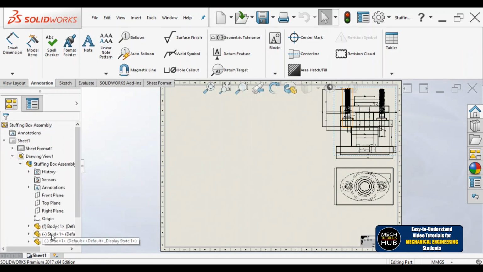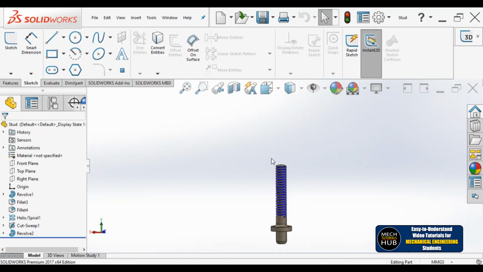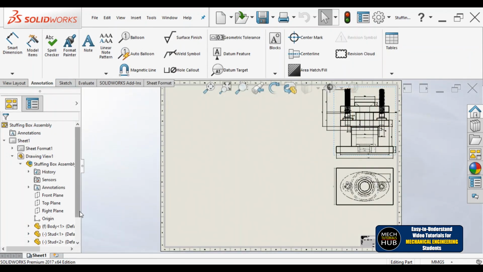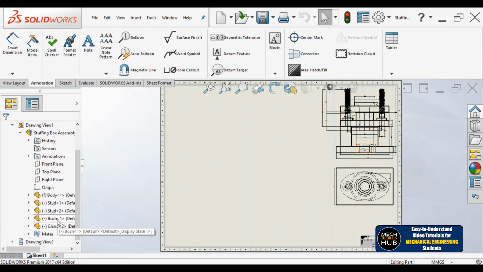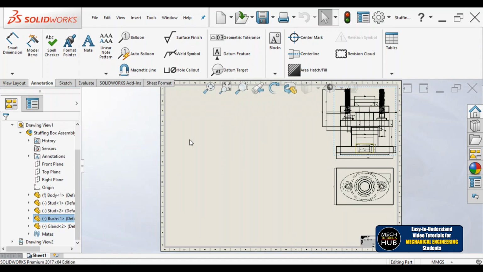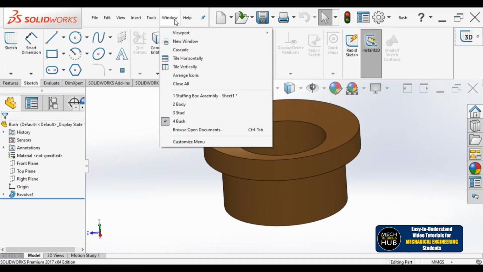I'll go back to draft sheet and I'll go to second stud, right click, open. It got opened. Again go to window, go back to drafting sheet. This time I'm opening a bush, right click, open it, fit it.